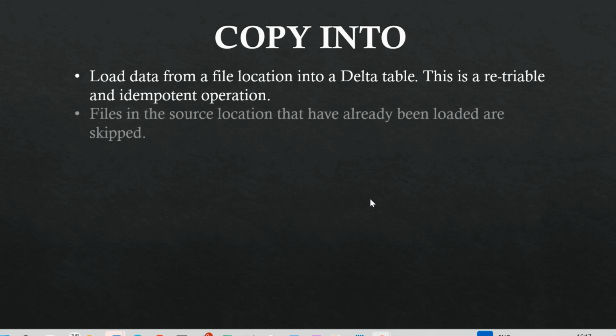So it guarantees that it's processed exactly once, which is also done by Spark Streaming using the watermark and all. The same process is also done in the COPY INTO option, that it is an idempotent operation and it can be retried. If you want to do a force reload of the data, that option is also available in the COPY INTO option. So I will show you in the practical exactly what syntax you need to use to force reload the data.